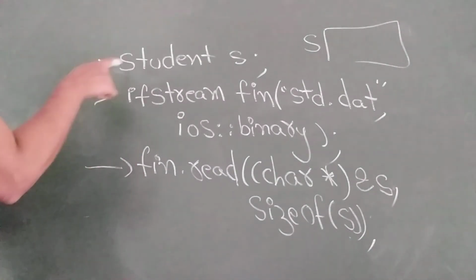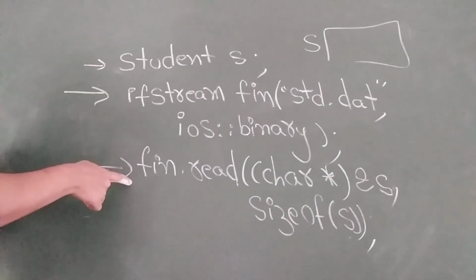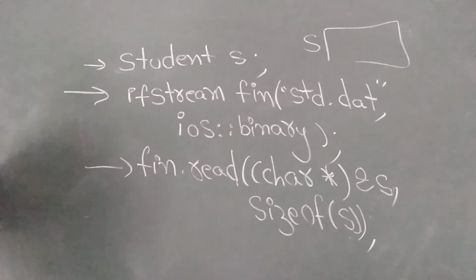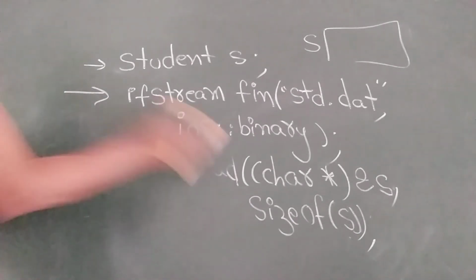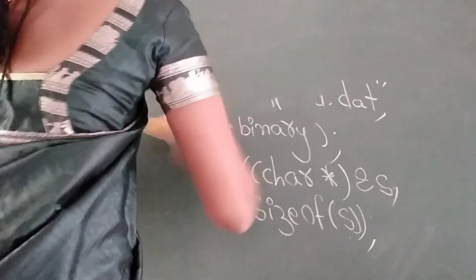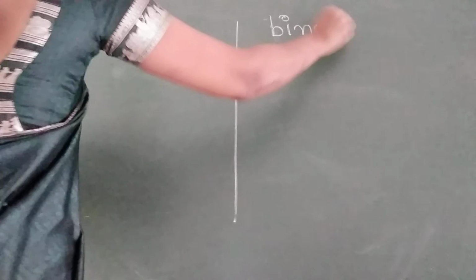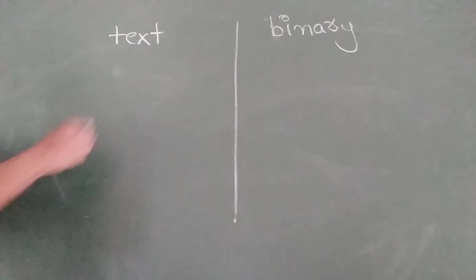So you write down the read off syntax and write off syntax, the read off example and write off example, the read off definition and write off definition. When you are practicing, prepare a column, students. What are the functions in a text file? What are the functions in a binary file?